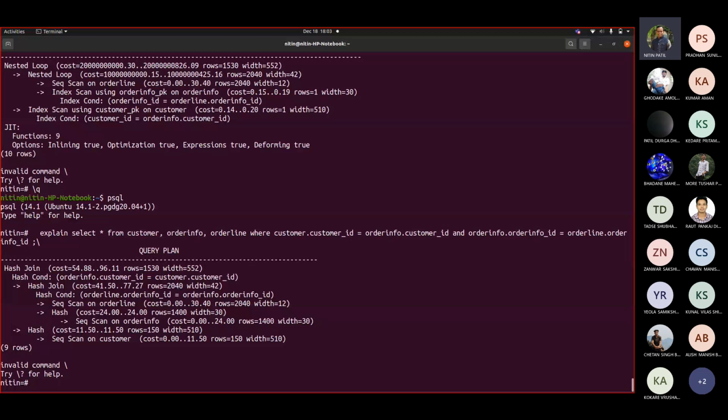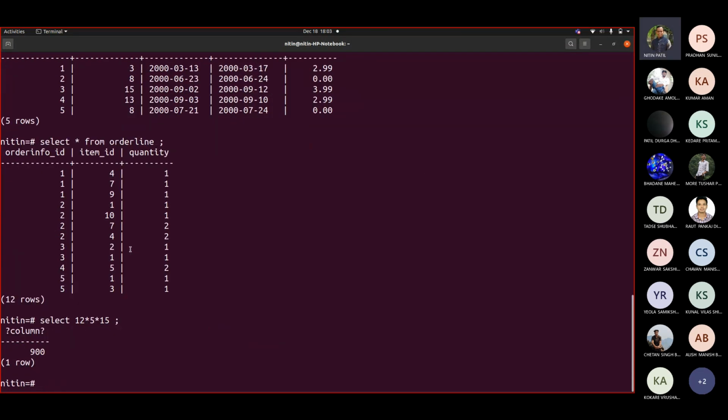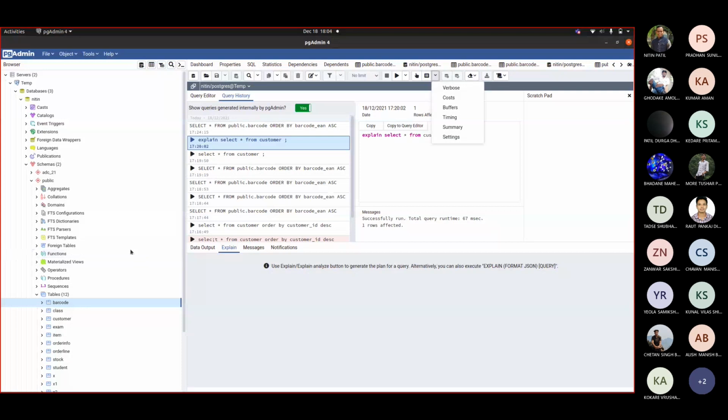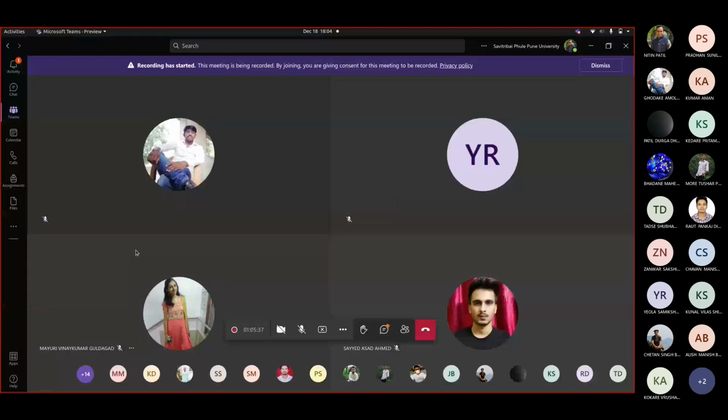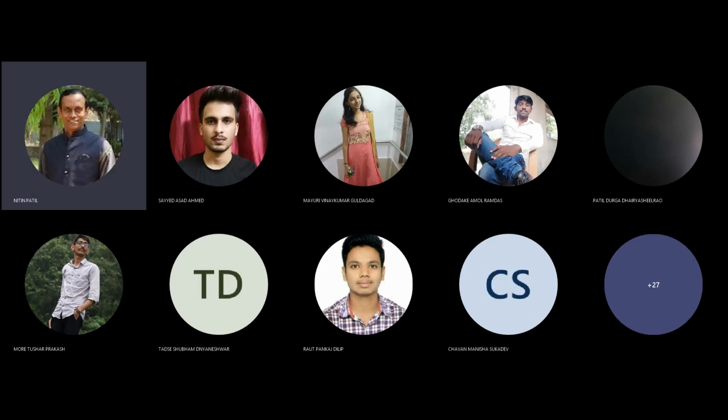So how to switch on and switch off the plan? What was the command? Can somebody write in the comment window? How to switch on or switch off the plan? Operator? Yes, please. Okay, set enable and then you choose what you really wish to switch on or switch off.